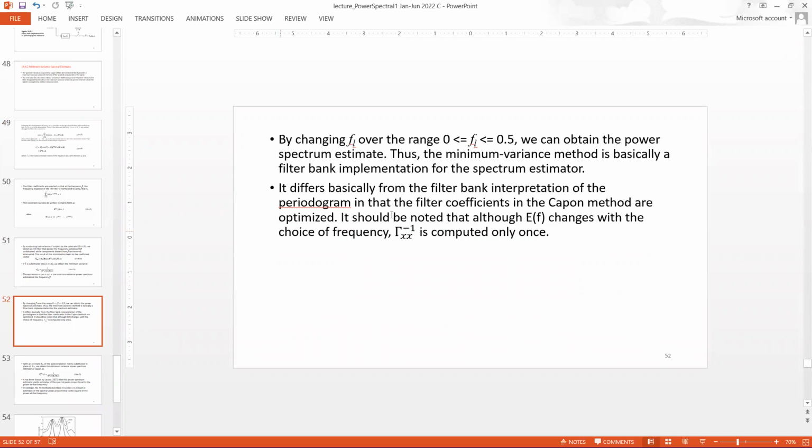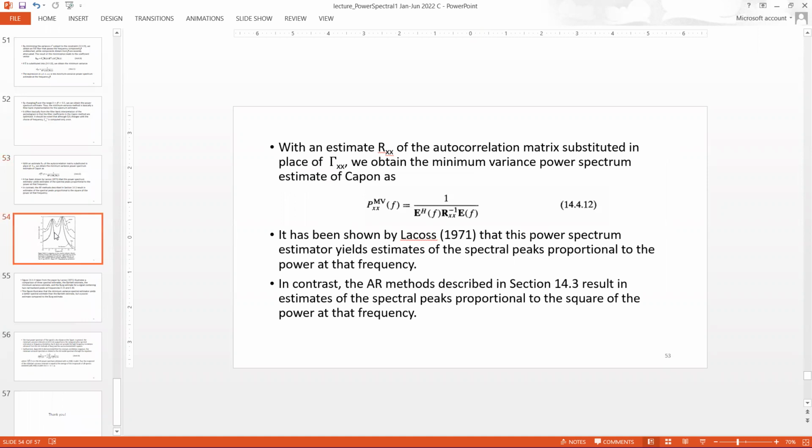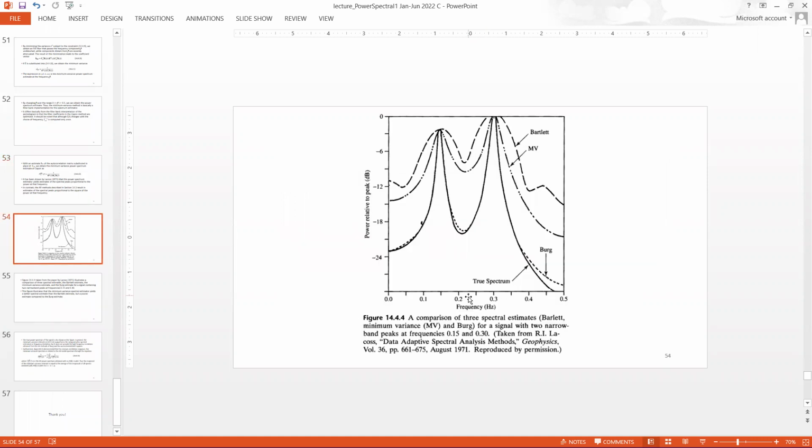The fl that we have shown here, if we vary it within a range from 0 to 0.5, which is the normalized value, the maximum normalized value can be 1, so we vary 0 to 0.5, then we can show it in a graph. This one, the graph, shows the comparison of 3 spectral estimates for a signal of 2 narrow peaks